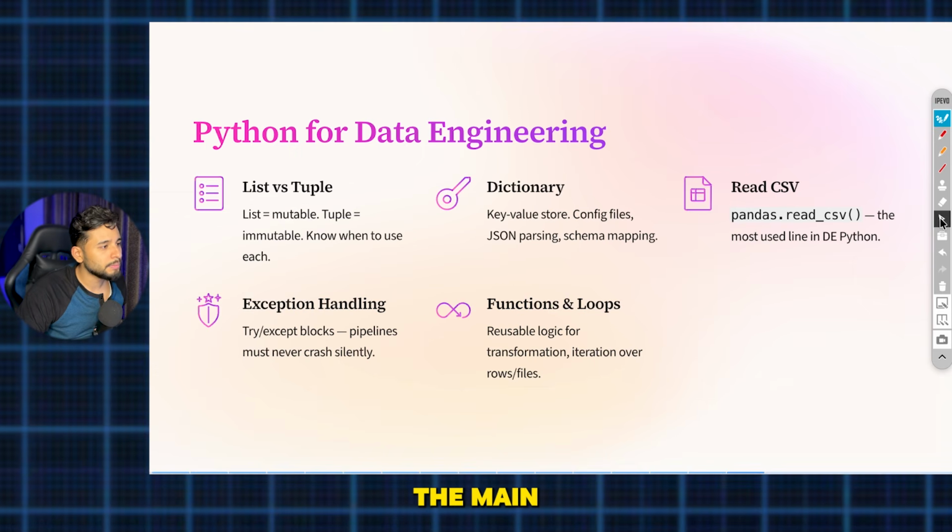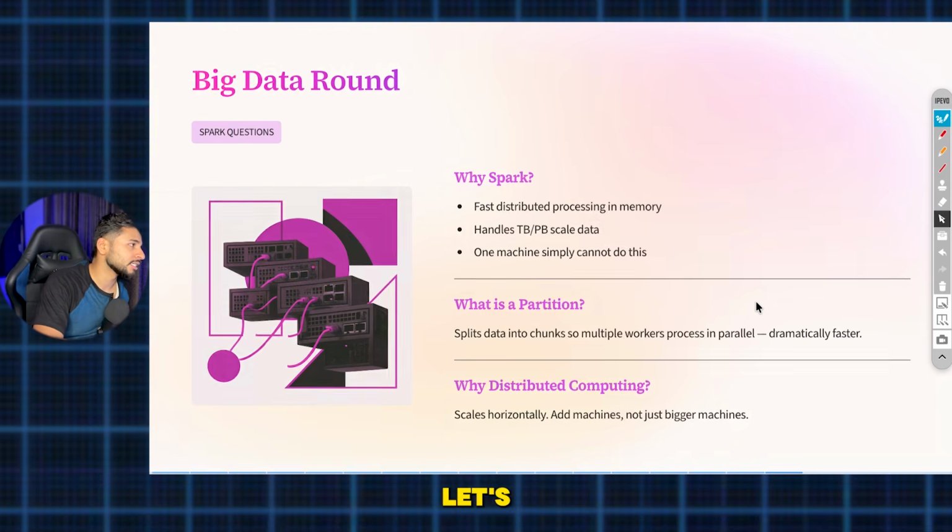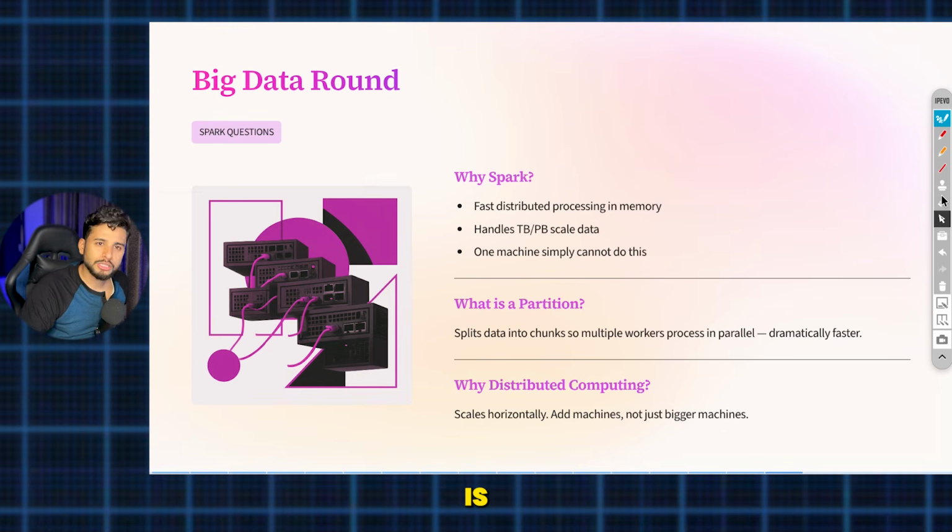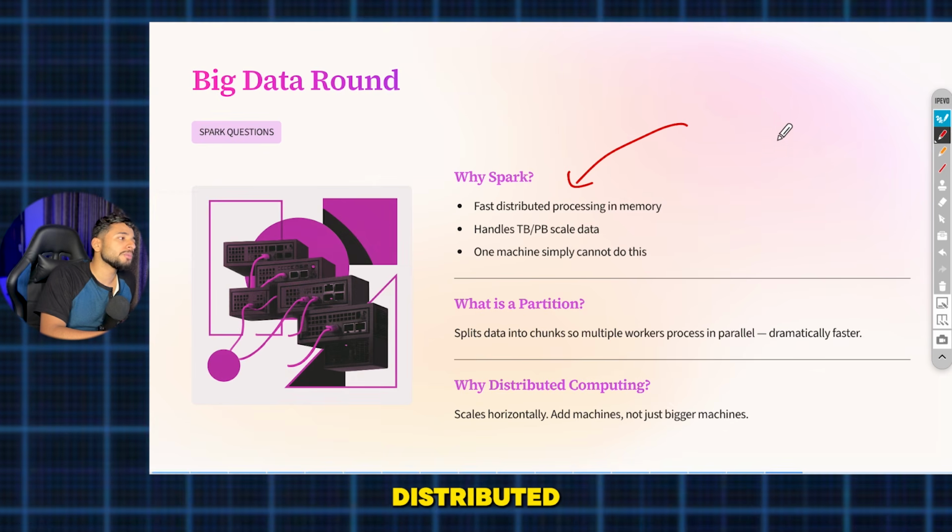So let's go to the main part, basically one by one. Let's explore the big data round. Big data round will be there. People will be asking about what is Spark, what is a distributed system, what is big data. Just take an example, what is Spark? Spark is an engine, a distributed engine to do distributed processing. If you want to do distributed parallel processing, in-memory parallel processing, you will be using Spark. That is the major work.